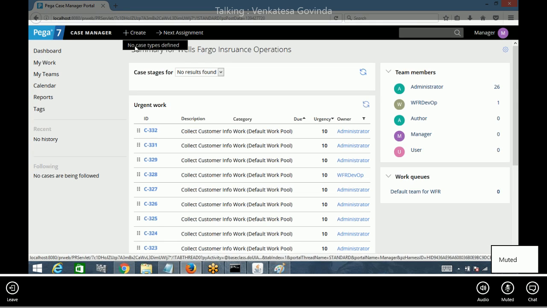So work can be created by using this create dropdown. In this create dropdown, you have to see the flows, but you are not seeing it here. So we'll go ahead and see how to make this available to other users. Other than the developer, the flow should be available to run by a manager, a user, someone else. Right? We need to make our flow